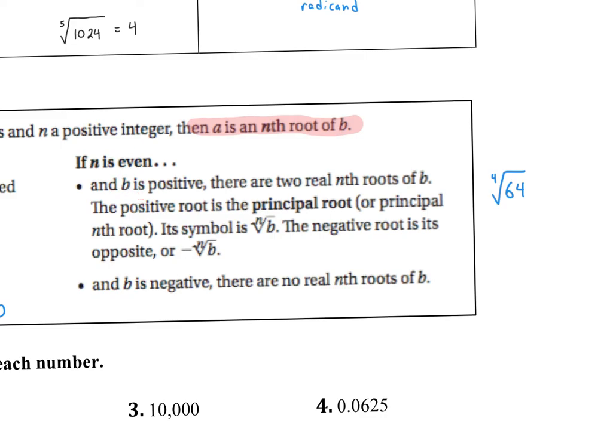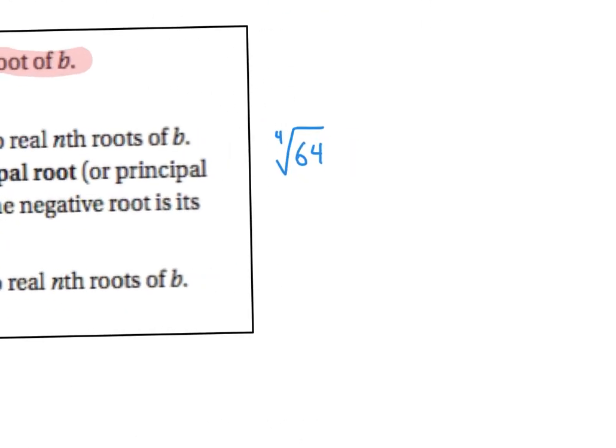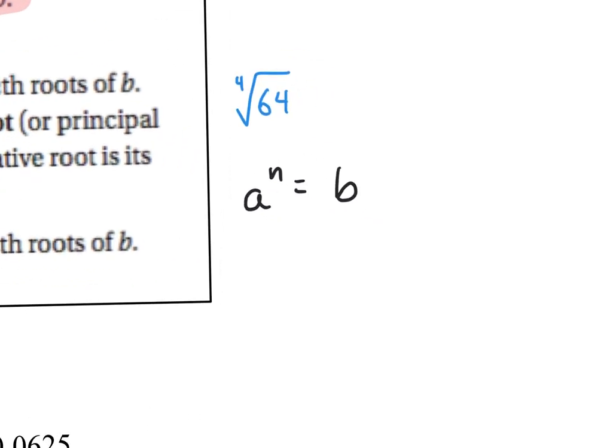If b is positive, so like this. So we have a to the n equals b. So let me just throw some numbers down here. Let's say I'm looking for the fourth root, and b is some number 64, okay? So because b is positive right there, and because this is even right there,